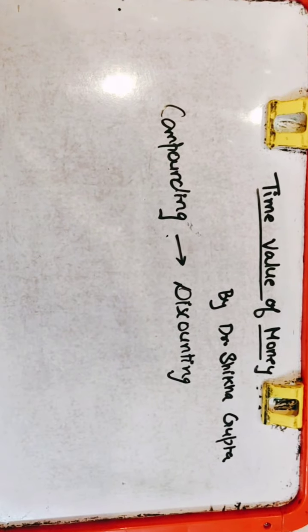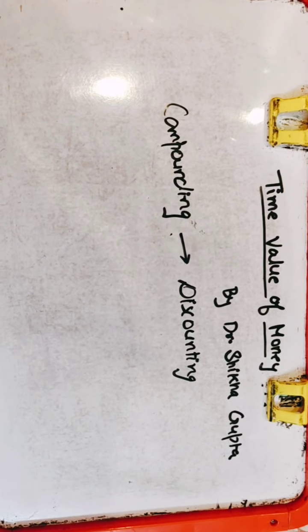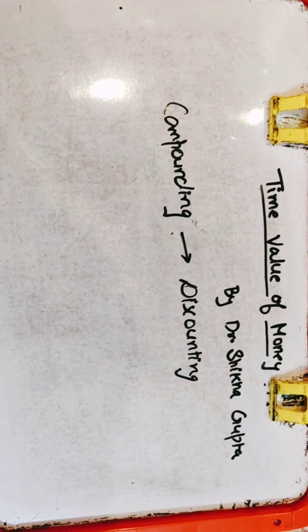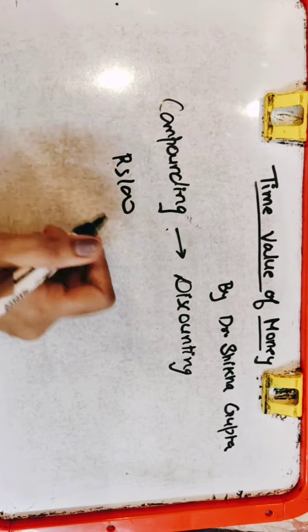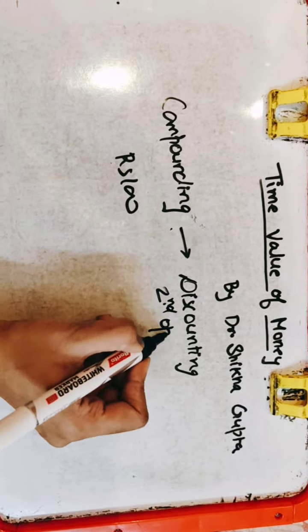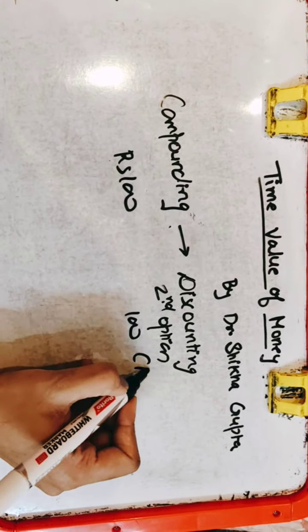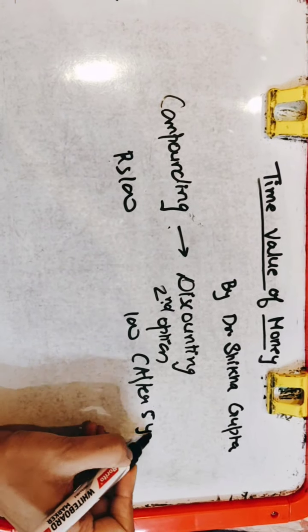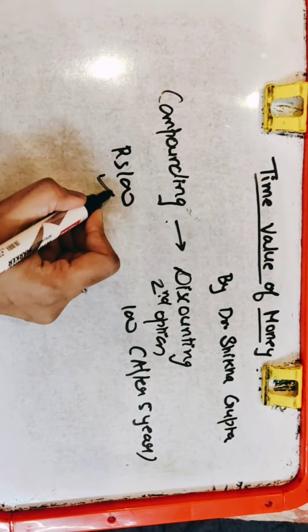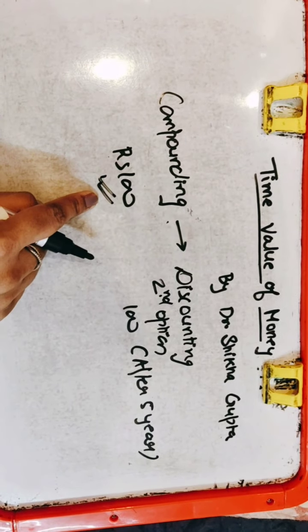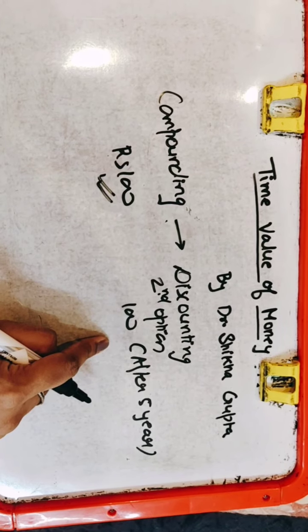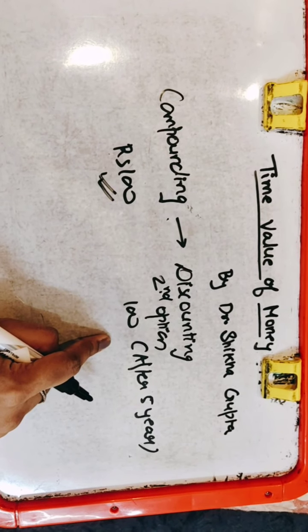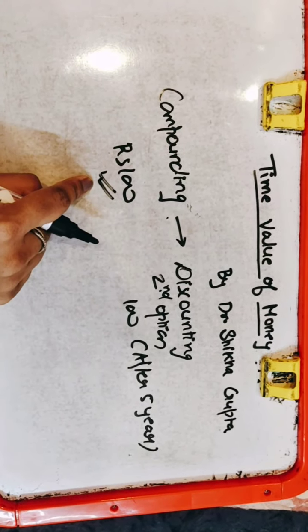Before moving ahead, we should understand why we are doing this topic. What is time value of money? Just take an example. I have 100 rupees today, and the second option is to have the same 100 rupees after 5 years. Which one is preferred? Of course, your option selected will be option 1. Today's 100 rupees is definitely preferred over 100 rupees in future because of the risk factor. Future is always uncertain. We all want to avoid that. So that's why we always prefer the current income.